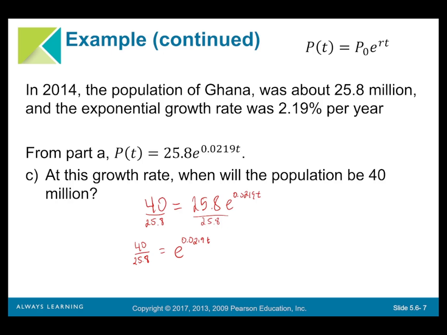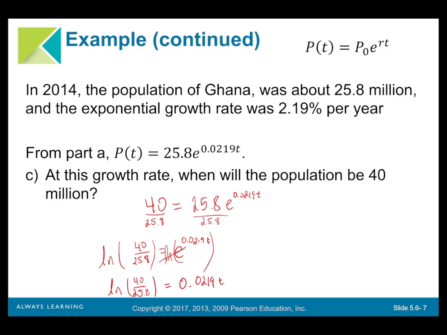0.0219t. Now at this point, our variable we're trying to solve for is up in an exponent. So we have to take the natural log of both sides in order to move t out of that exponent. So we take the natural log of both sides. And I kind of just squeeze it in there when I write this down. And of course, the natural log and e cancel each other out. So I have natural log of 40 over 25.8 equals